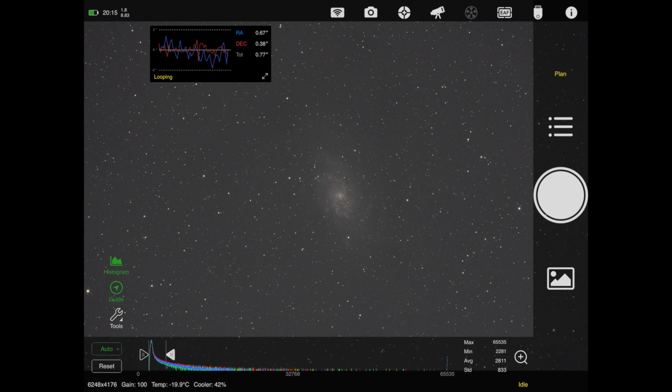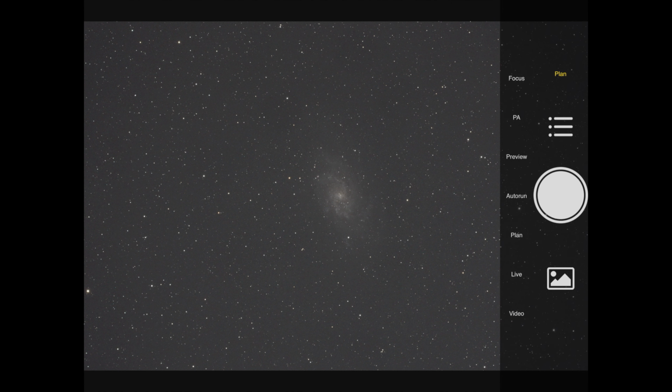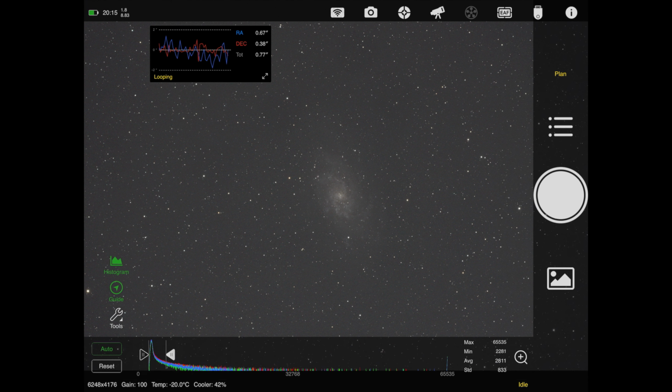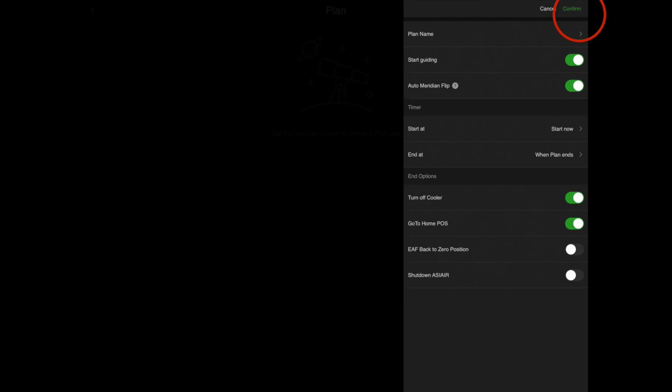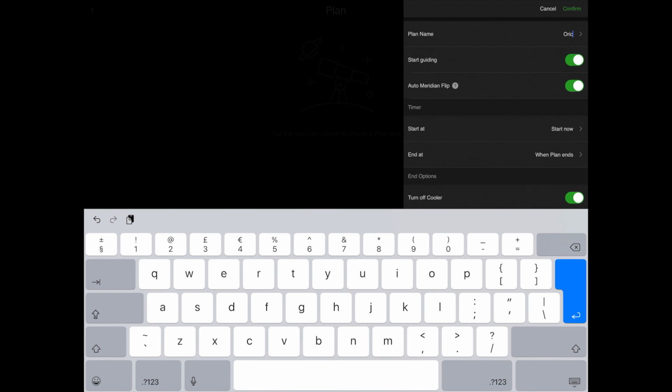Okay, so here you can see the Triangulum galaxy that I've been capturing. Hopefully that turns out okay. I will show you it if it does. So what I need to do now is hit the plan button and then create a new plan. So this is what it pops up with. If I tap in the top right, I can add a new plan. So if I give it a plan name,